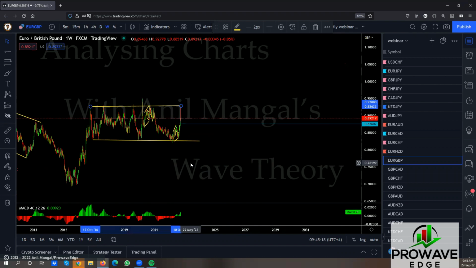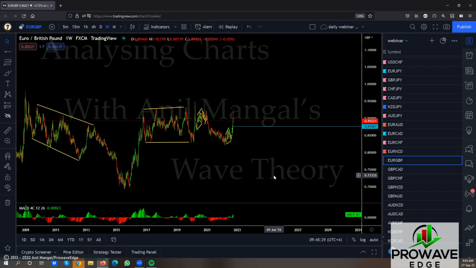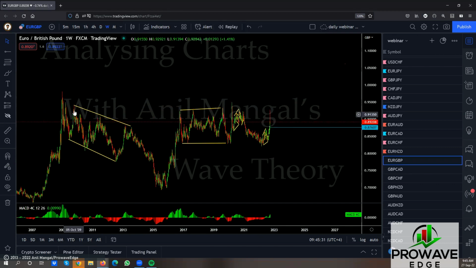1, 2, 3, that's for sure. This is 1, 2, 3, that is for sure. I think this pattern kind of completed itself here. That's an impulse. So if this is a sharp move, this could be a series of sharp moves forming this way, right? Like this. You had the first sharp pullback, then you drop, flat, pull back, sharp, pull back. So somewhere in the future here, we're going to get that. A year from now, we'll know. Anyway, let's sell it. Go back to the 4 hour.